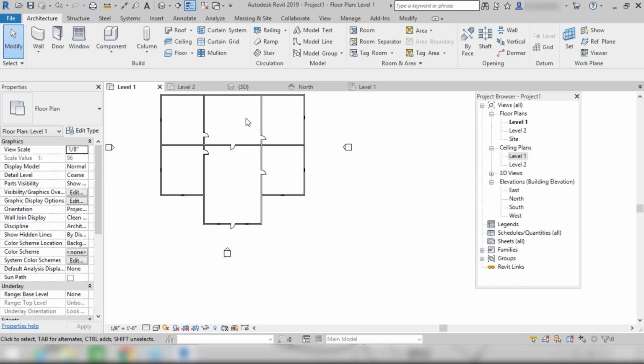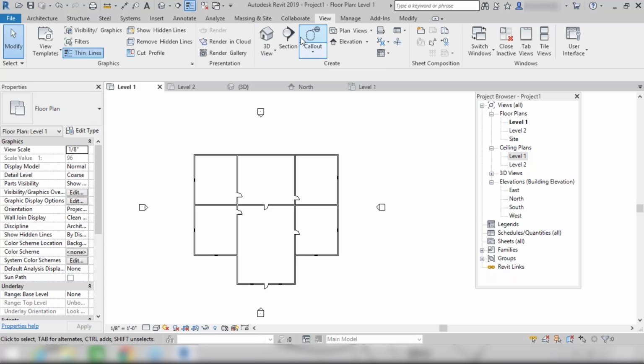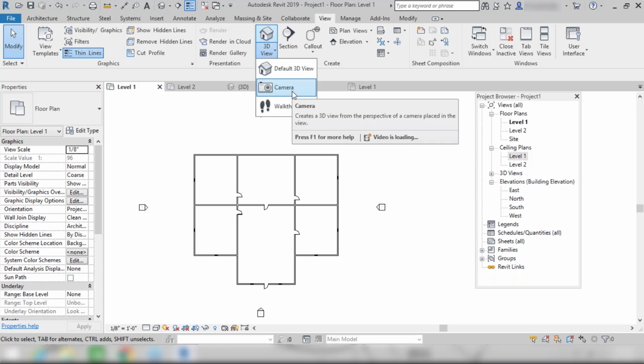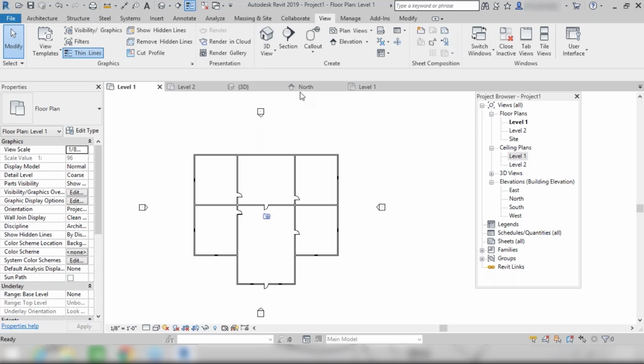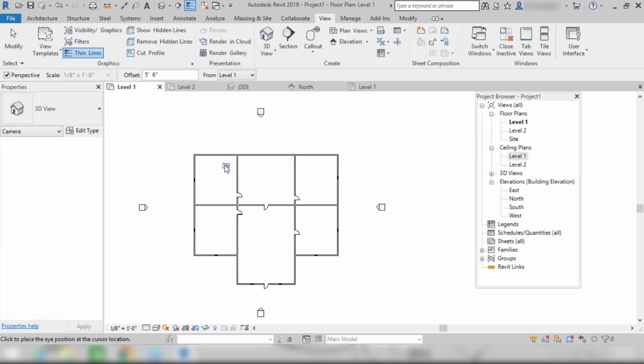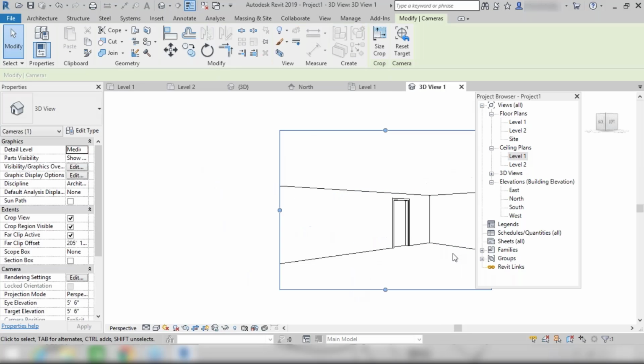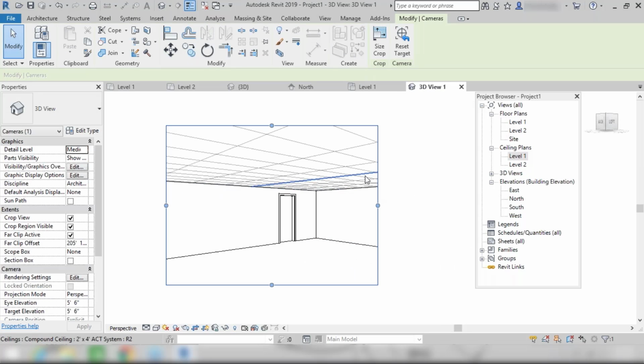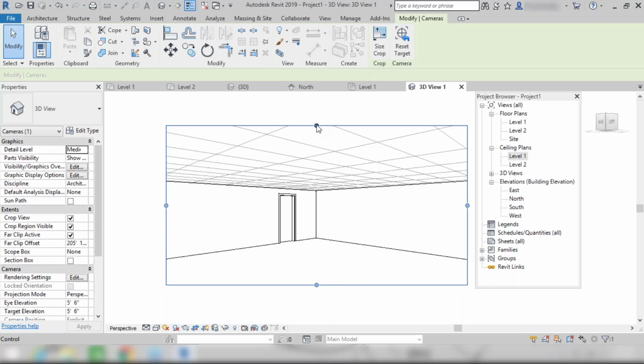If you still want to see that ceiling, we have one camera setting, right? So if you go to your View tab, in this View tab we have 3D view. If I click on this point, you can see an option for camera as well. You can place a camera anywhere inside your drawing area. So let's suppose I am installing a camera at the corner point of this, right? And this is the range of my camera, right? This is the view that is obtained with the help of the camera.